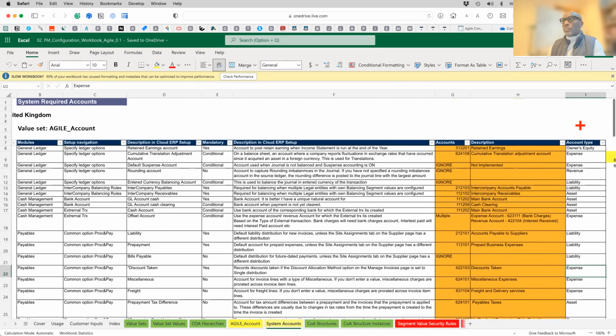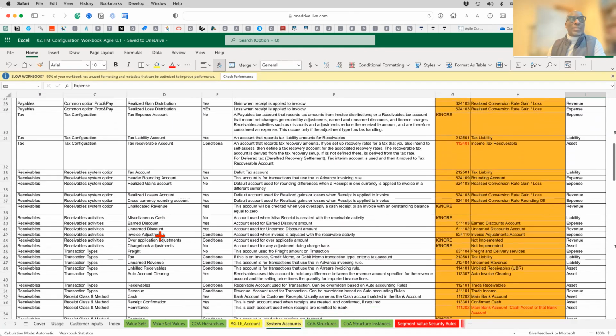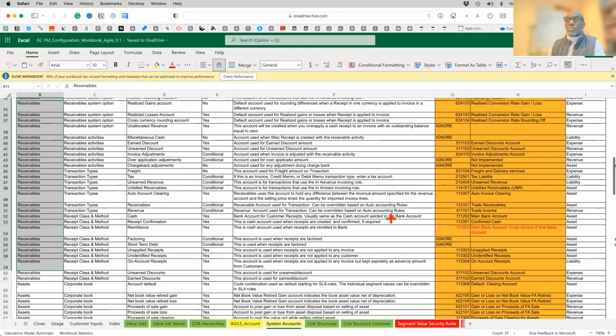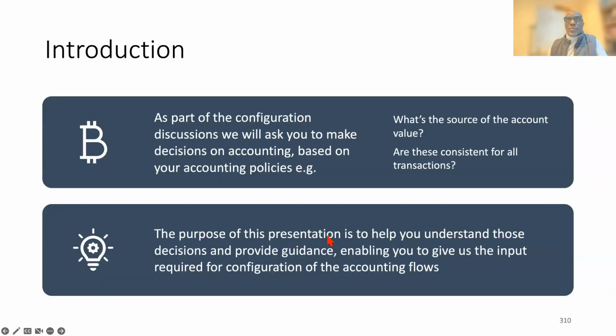And I've got the type of account, especially when you get to areas like receivables. You know, there's a lot of different types of accounts required for receivables, whether it's an asset, whether it's a liability. Some of this will be required during your setup, but again, in your accounting workshop, you'll have to go through each of these. Now, I've made this a lot easier for you because in this